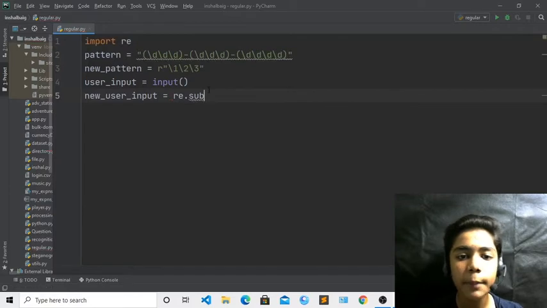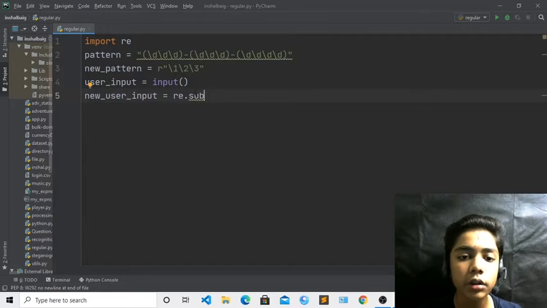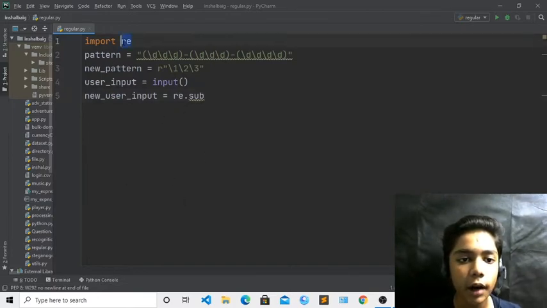Okay, so you all know what sub is, because we have worked with it many times. We will write this tag over here with dot re. If you haven't downloaded it, just go to the terminal and download it, like I have told you how to download re. That is how you can also download sub.